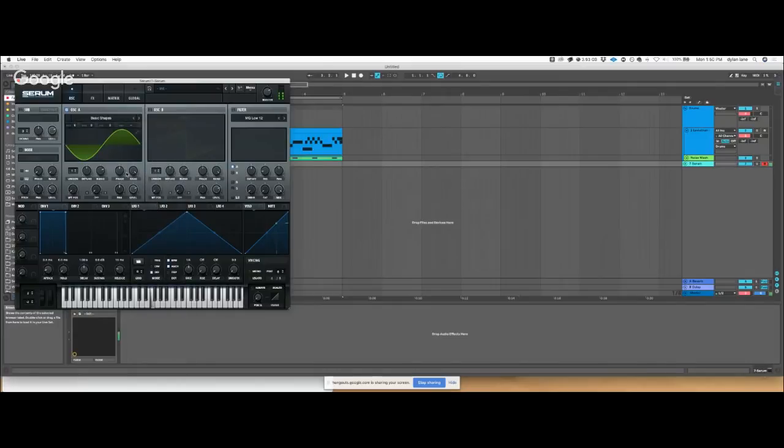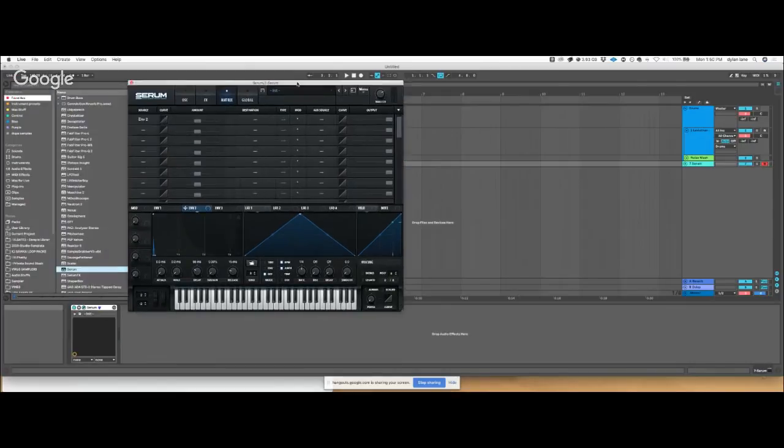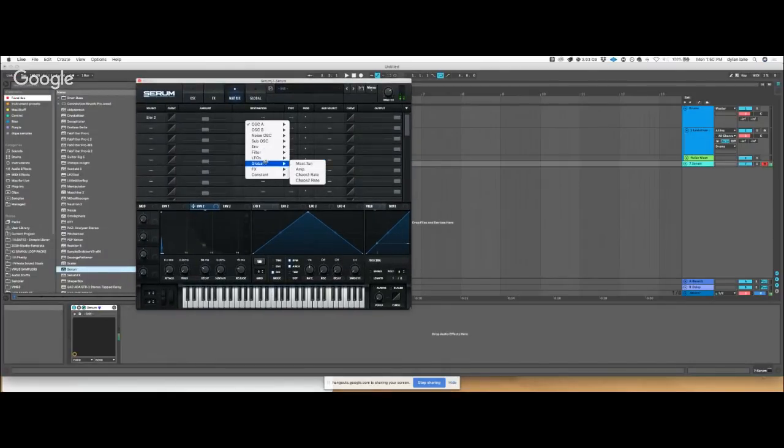Basic shapes. Okay. Okay, that will take up to... Oh, that's not giving me quite enough. I'm going to go into the mod matrix. Yeah, I find Serum, as nice as that drag and drop Massive style stuff is, I like a mod matrix. At first I used to hate them because it just looks so computer programming-y. Right. But